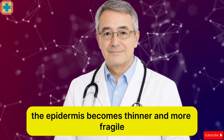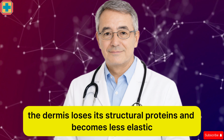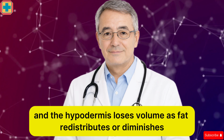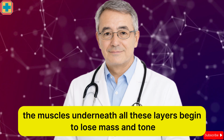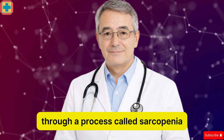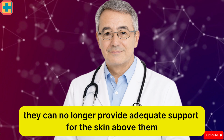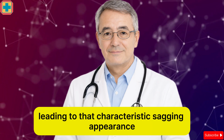The epidermis becomes thinner and more fragile. The dermis loses its structural proteins and becomes less elastic, and the hypodermis loses volume as fat redistributes or diminishes. Additionally, the muscles underneath all these layers begin to lose mass and tone through a process called sarcopenia, which is the age-related loss of muscle tissue. When these muscles weaken, they can no longer provide adequate support for the skin above them, leading to that characteristic